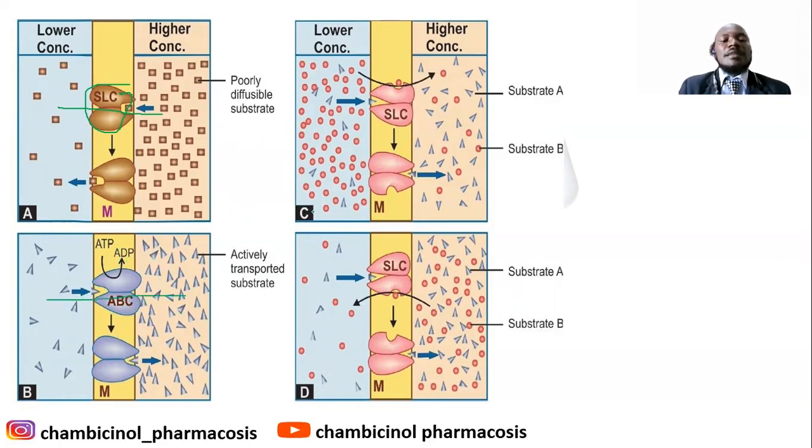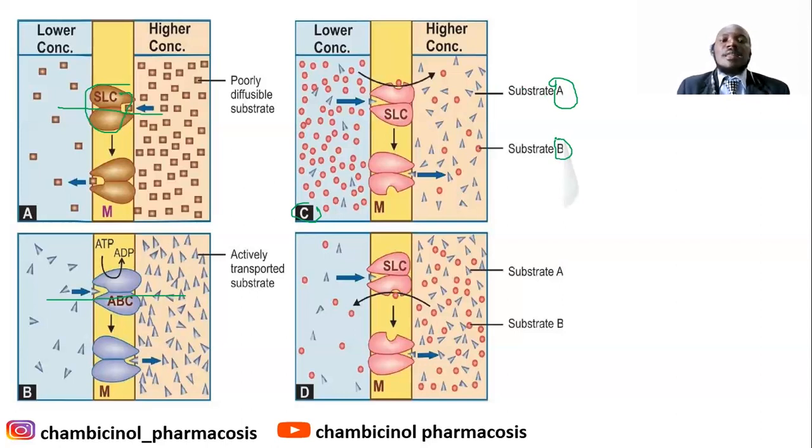While diagram C indicates active transport, in this case the secondary active transport. As we said, like the active transport, we have primary and secondary active transport. In the case of secondary active transport, we said it is further categorized into symport and antiport. Diagram C indicates the symport, where the drug has to pass through the solute carrier transporter with the utilization of a special carrier molecule. So in the symport, the carrier molecule and the drug are transported across the biological membrane in the same direction. Here it is very important to know in this diagram which is the drug and which is the substrate. Substrate A here indicates the drug, and substrate B indicates the